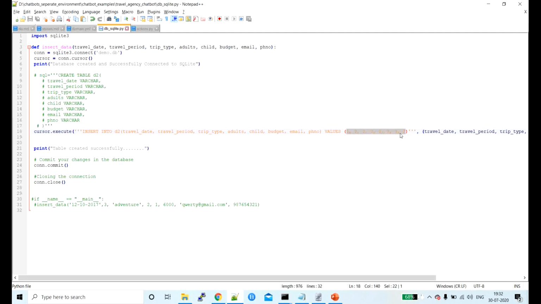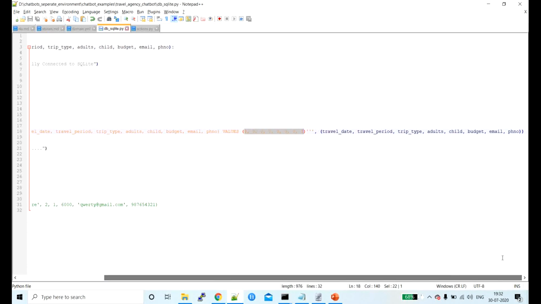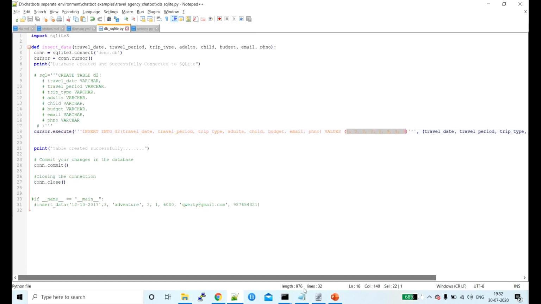How many placeholders you want depends upon the number of columns, and then you give the slot names. This will store your data into the database, and then we are committing it. Committing means we are saving the changes permanently, and then we are closing the connection. So this is the code for whenever you want to store data in a database.